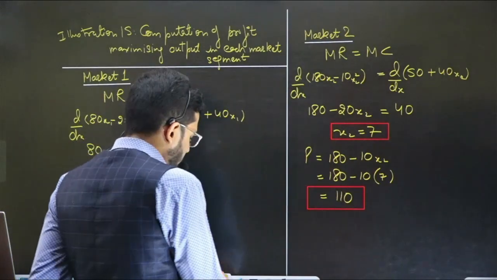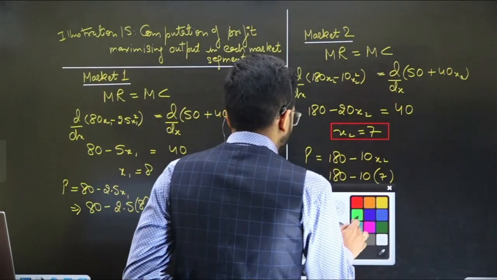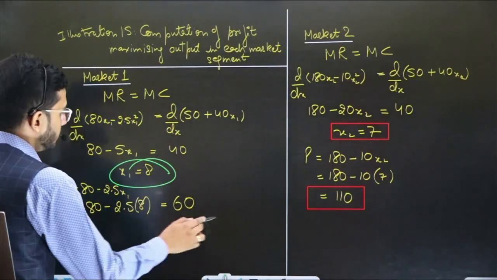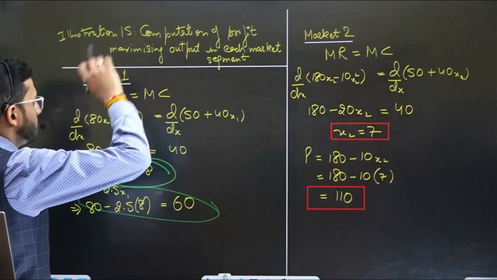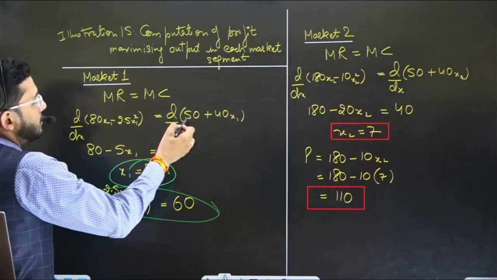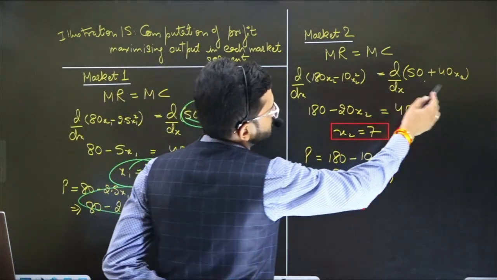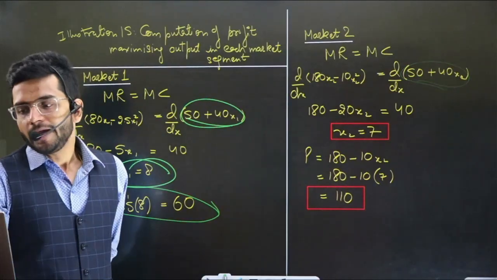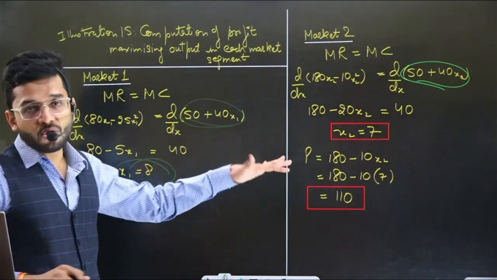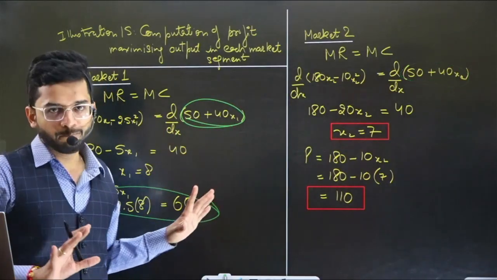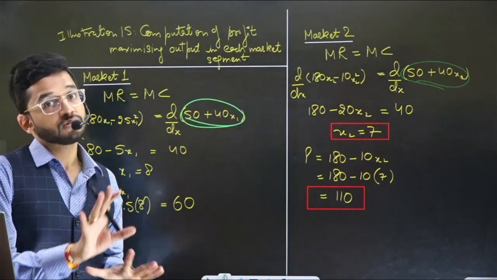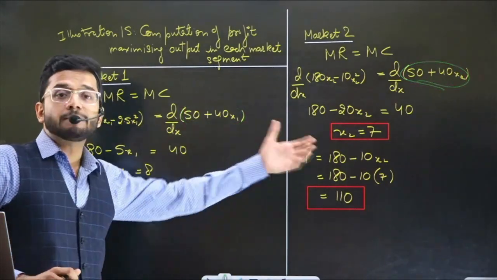So a question can come in this form also, that it asks you to compute the prices and quantities for each of the segments. So there are different segments, market 1, market 2, and cost will remain the same in both the segments. That is the special thing, because cost never changes. If the market changes, cost never changes. It is only the price that you are charging which changes. Cost remains constant. The cost is the same in both the alternatives and the price changes. That's the only difference. So this is market segmentation price.